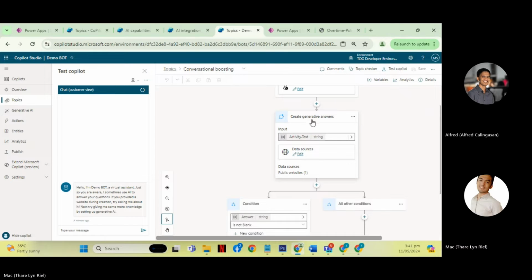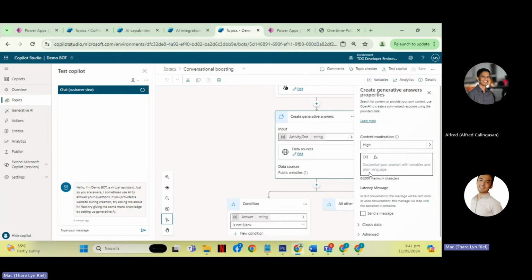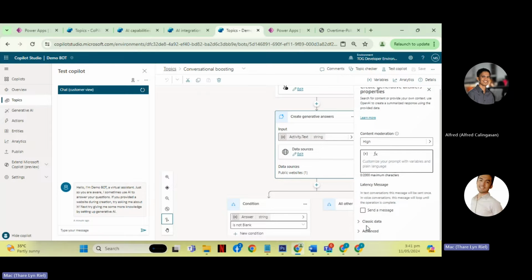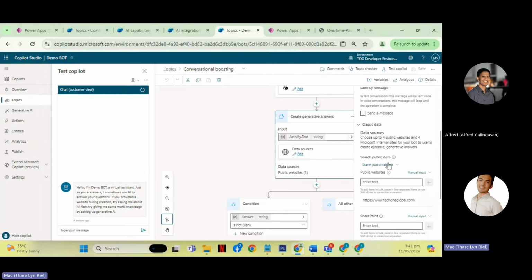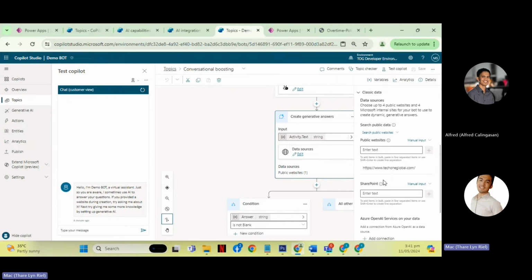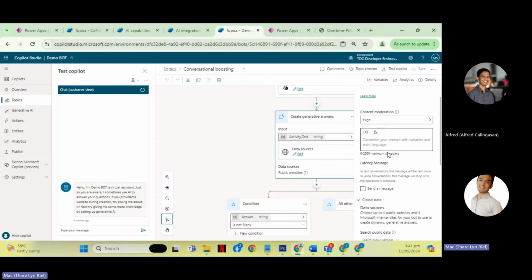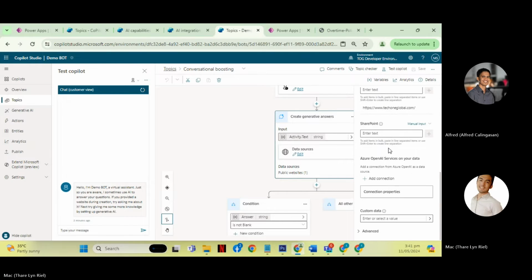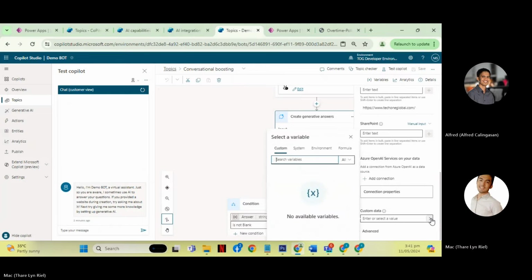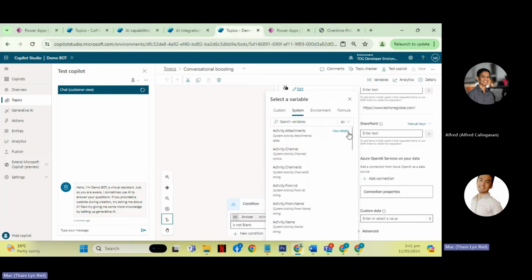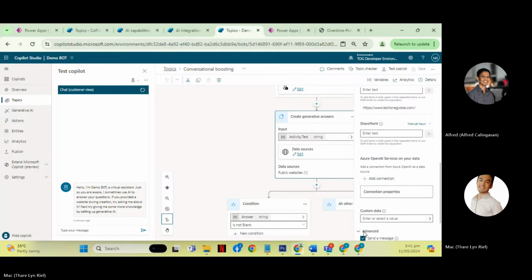So from the user input, it will search for whatever the user inputs on this website. You can also add different data sources for the Gen AI. As you can see, there are different types of data source here.